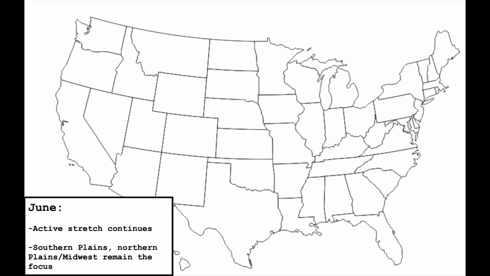Again, our ENSO teleconnection is weakest at this point in the season, so we'll have to rely more on our analogs, and many of those analogs show the potential for the Southern Plains to remain unusually active in June. Once again, Kansas, Oklahoma, and Texas may be in for a bit more late-season tornadic activity than normal. Also, a lot of our analogs hone in on the Northern Plains into the Midwest. The Eastern Dakotas and Minnesota into that Iowa, Illinois, Indiana corridor may remain quite active tornado-wise to close out the